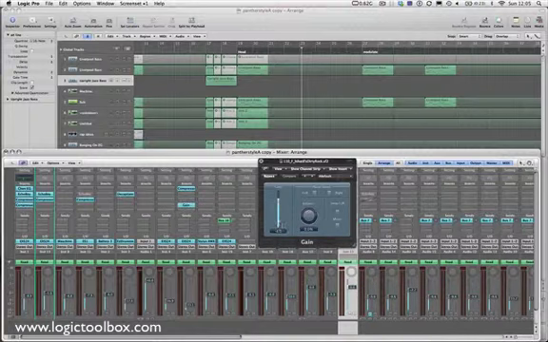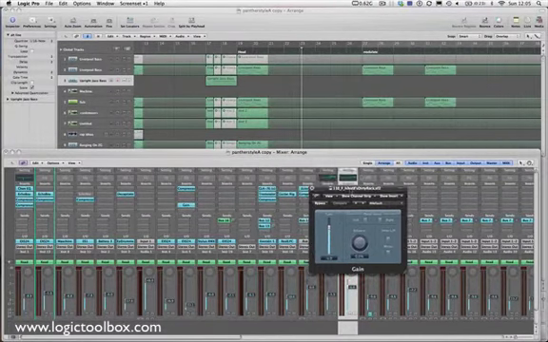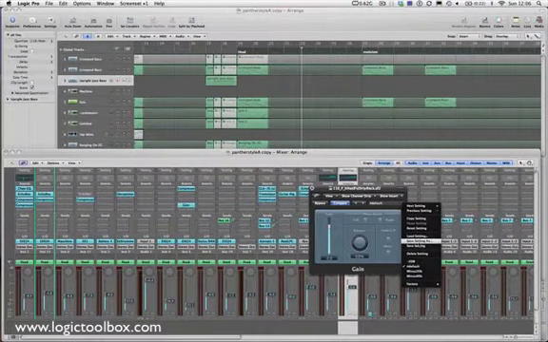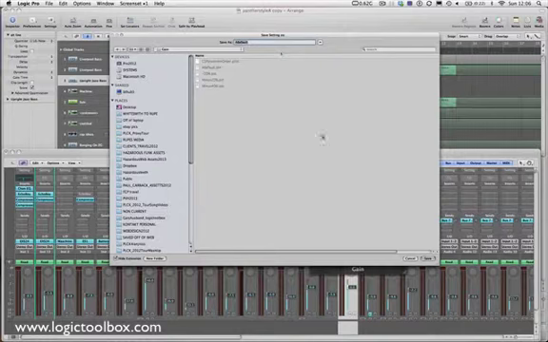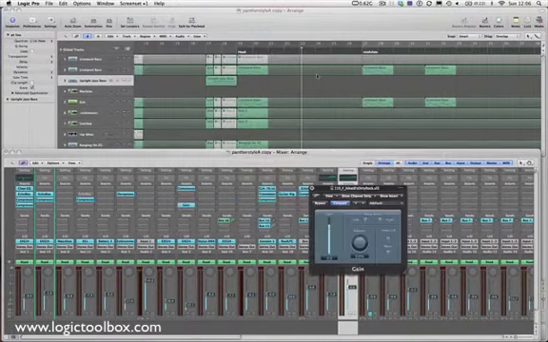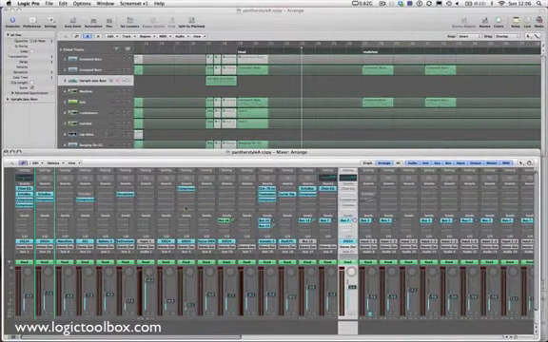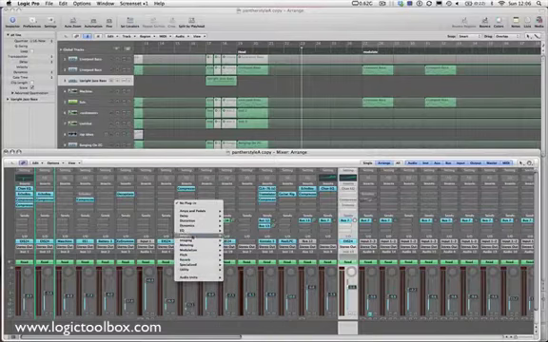It's important that you do this first, otherwise you'll have to change all of these. So for example, just to hammer home that point, this is set to -4 at the moment. If I move that up to -2, and then I go save setting as, hash key default, and hit save, replace, then every time you open the gainer, it will open